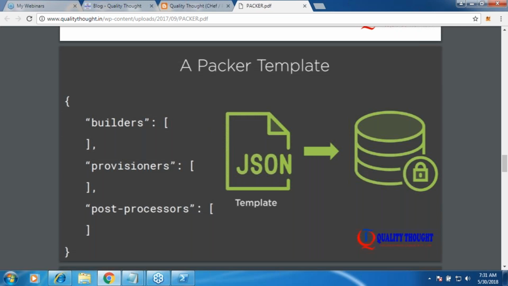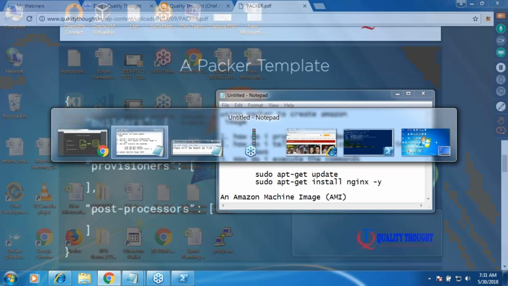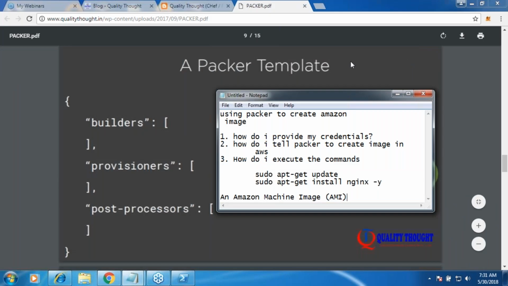So in builder, let us go back to our stuff. What were our questions? How do I provide credentials? How do I tell Packer to create an image in AWS? The first two questions are answered by something called builder. So in builder, you will tell what is the environment and what are your authorization or authentication details.